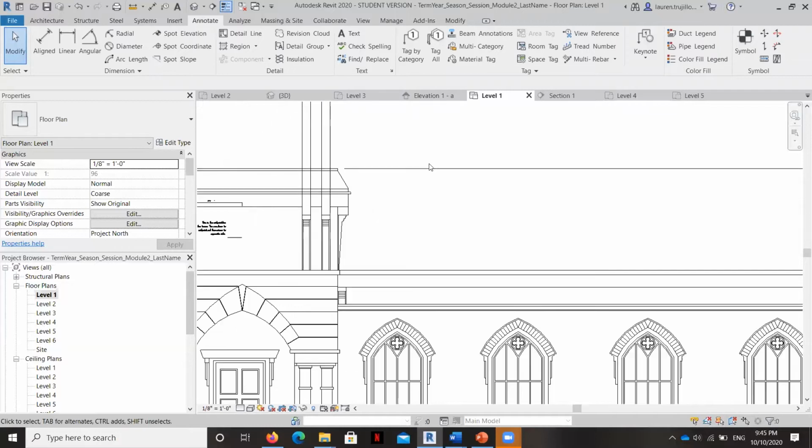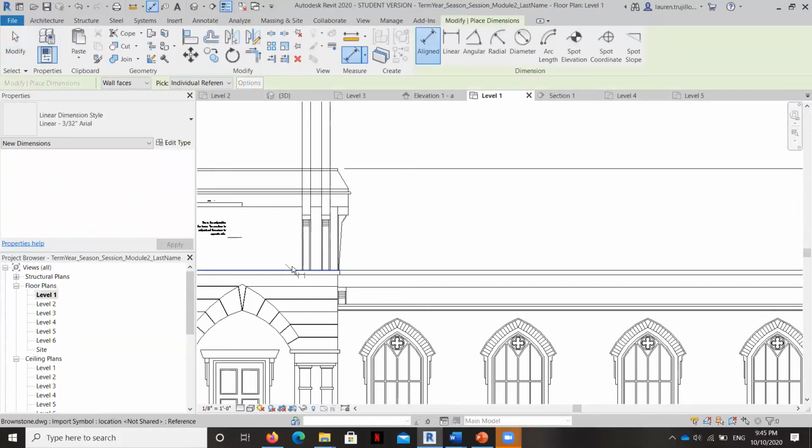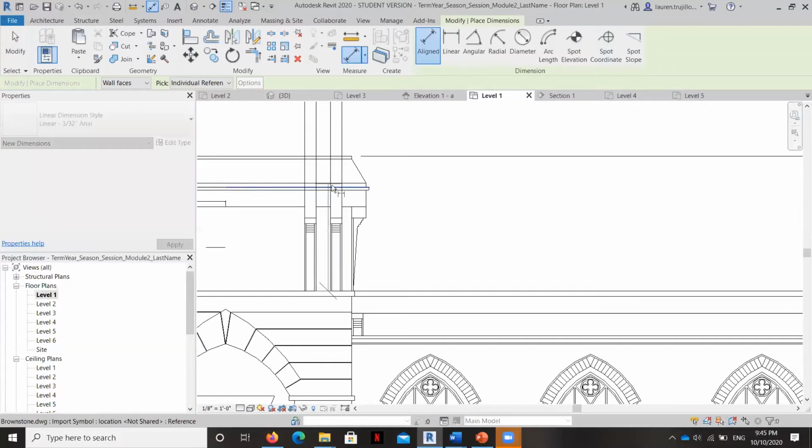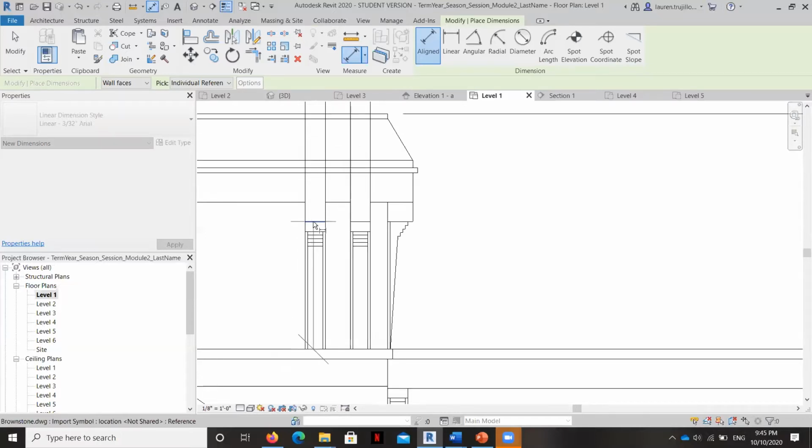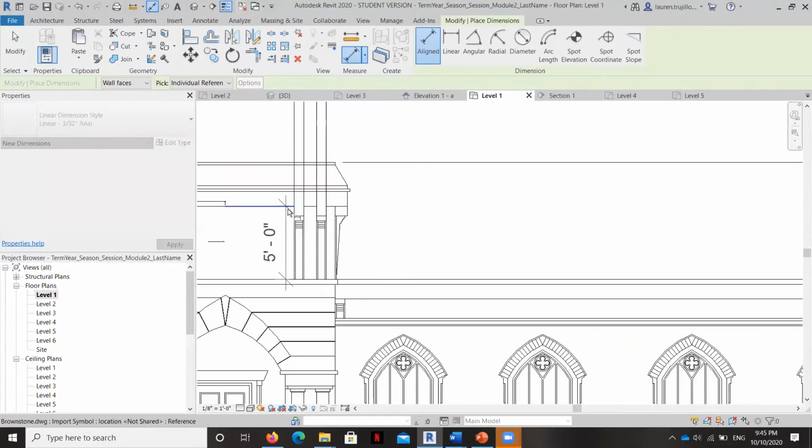Let's measure how tall they are. We do not have enough information to truly indicate what's actually happening here with this little guy, but let's say that they're this tall here. We can say that they're 5 feet tall, so they start at level 5 and are offset 5 feet.